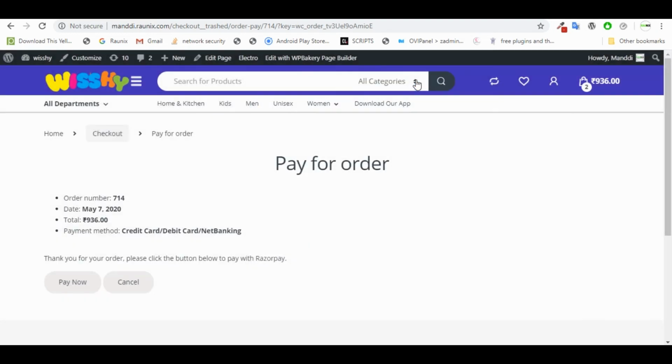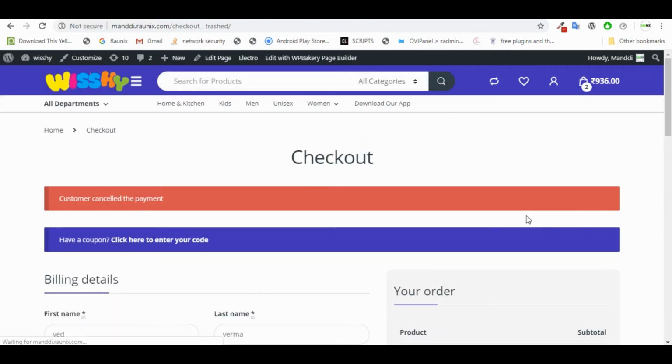As this website and app will support third party payment gateways only, like Razorpay, you can create your own Razorpay account, and our consultant will connect your account with your website, so you can start getting online payments from your client. So now we are going to cancel this order as we don't want to pay online. Now I'm going to show you how you can order using COD, cash on delivery.